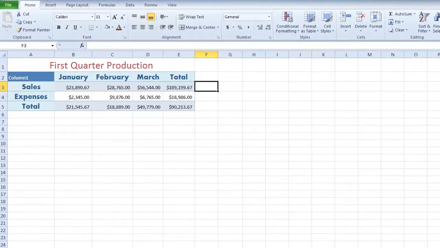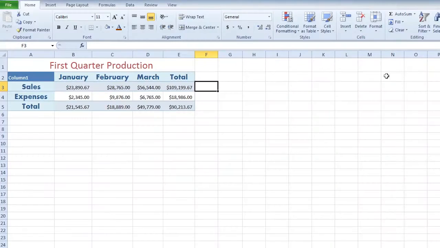That they added in 2010 for Excel is something called a Sparkline. In the past, you've probably created charts and done line graphs or column graphs of your data. But how about a small graph in one cell that represents the data right there on the spreadsheet? I'm looking at this first quarter production spreadsheet that we've been working with in several of our modules, and I